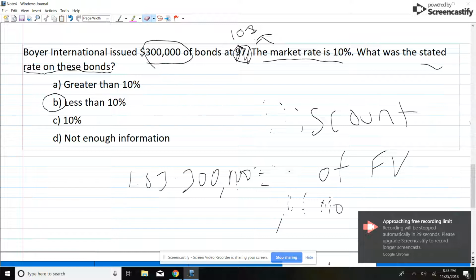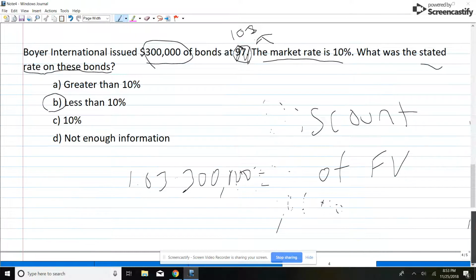All right, so what you should get out of this is that this number is going to be greater than 300,000, and whatever you get here is the number that's going to go on the financial statements as the carrying value of the bond, not the face value. Whatever 1.03 times 300,000 is, that's the carrying value of the bond. And you also have the bond payable at face, and then you'll have a premium, which is greater than the 300,000. And together, you net those and you get